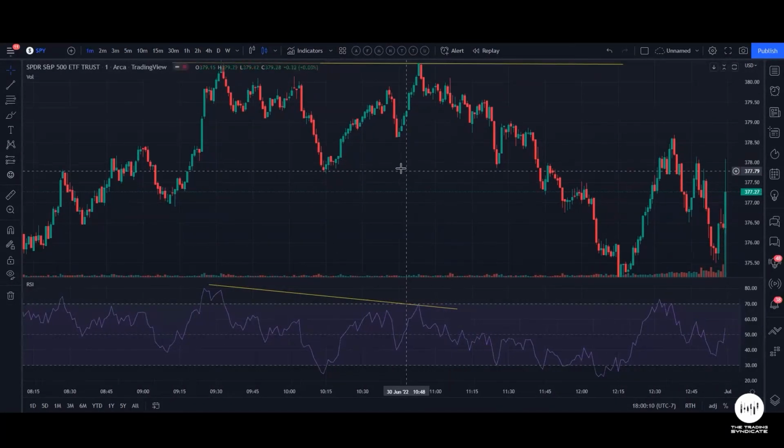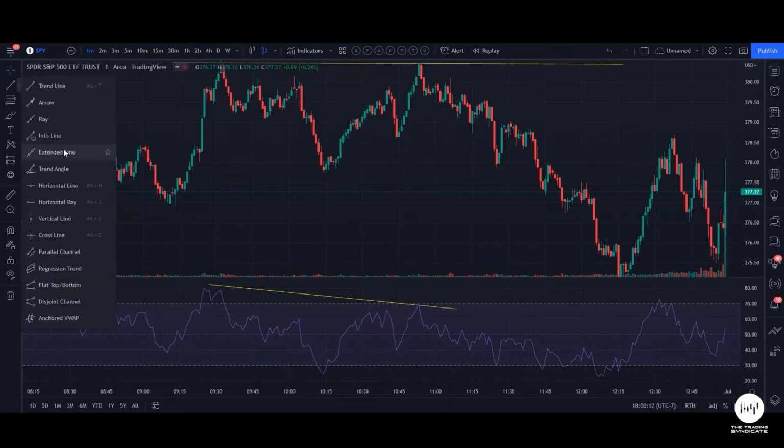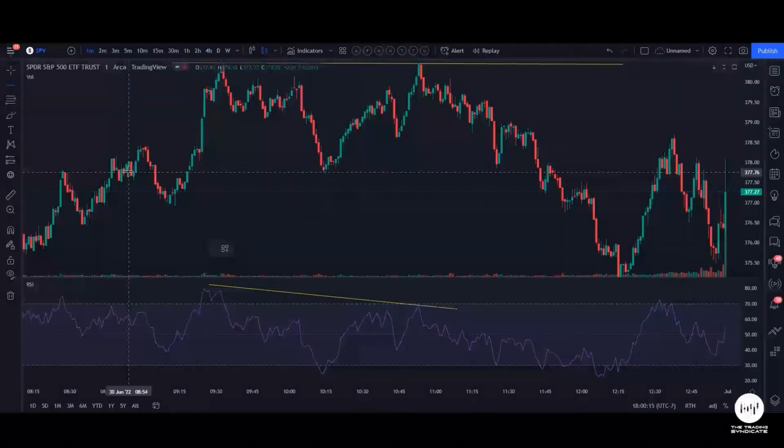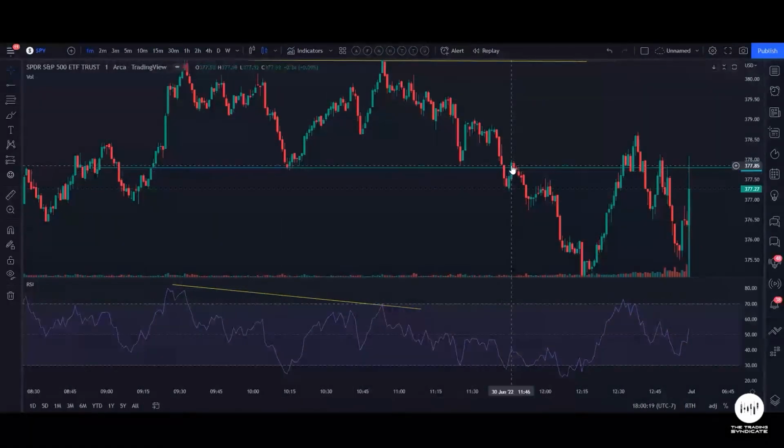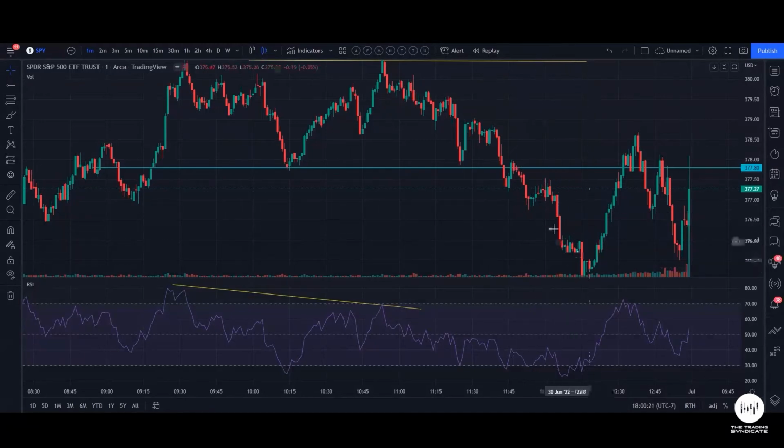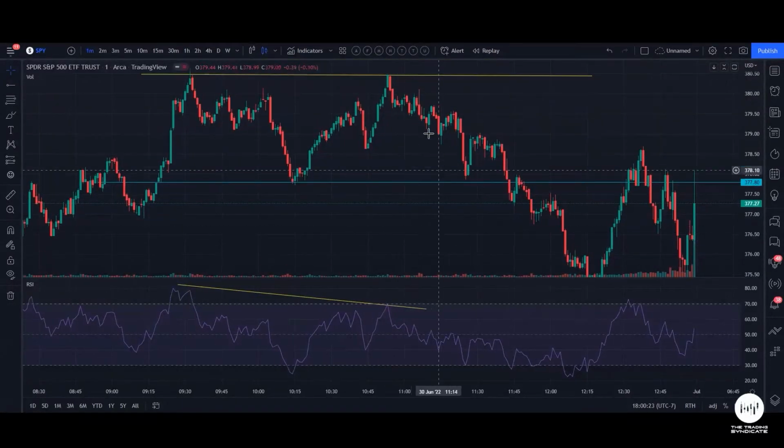Notice what happened after that. You can mark out where the actual entry point would be, and that's at the neckline. We get a breakthrough, retest of this level, and then we see a nice move occur to the downside. So this is a very strong indication of how a double top works, and it's generally followed by Class B